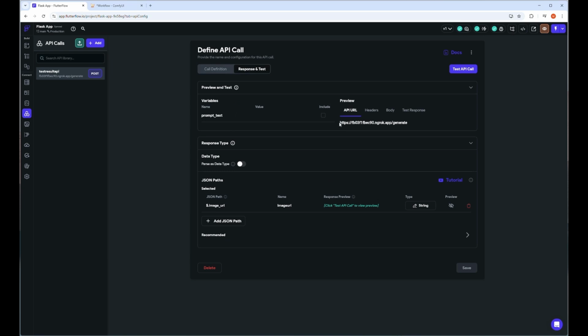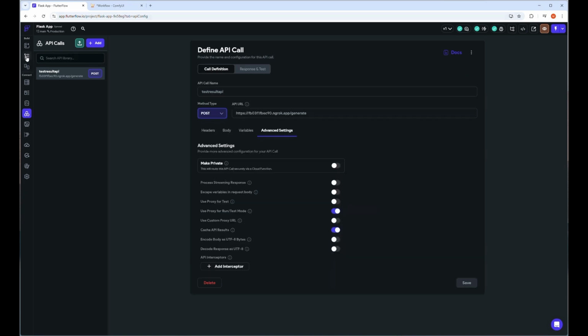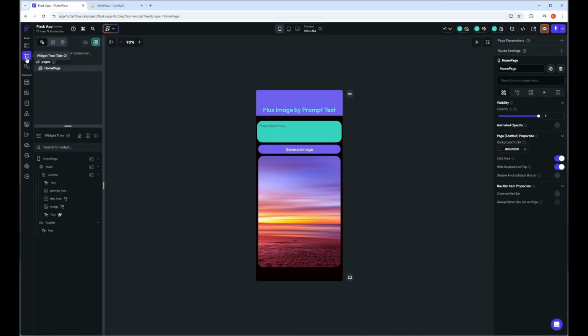Here we will get back the response via image URL, so it should mention image_URL in the JSON path, and the variable we already declared is named image URL. If everything is okay on the API server, then the test API call will return some binary data here instead of an image. Let's close this API call dialog box and go to the editor